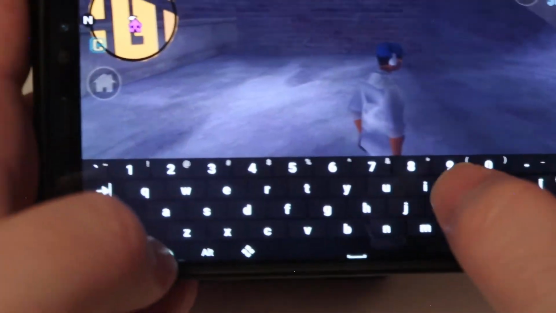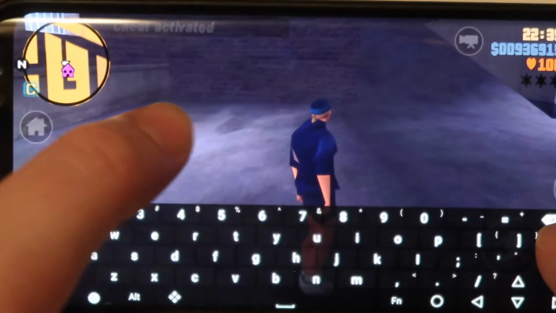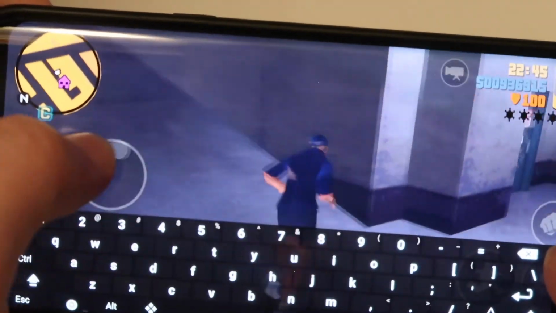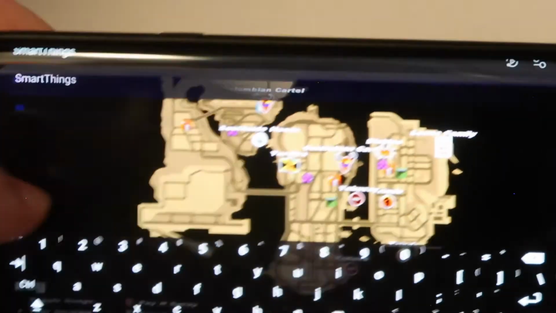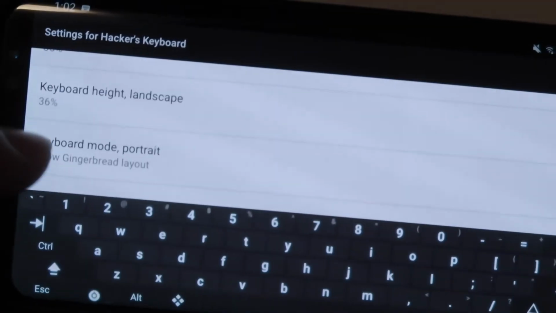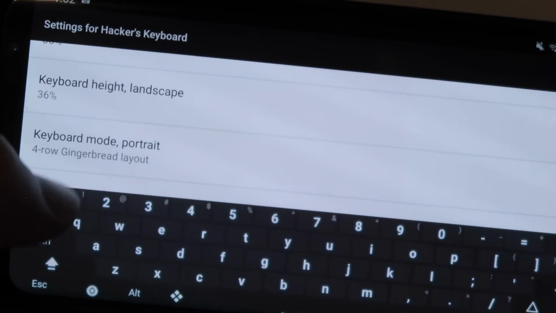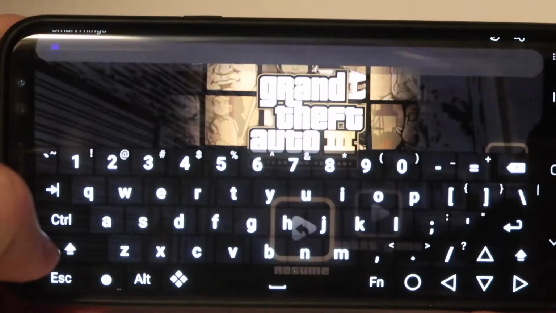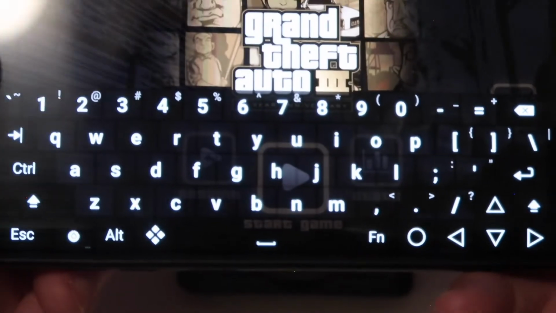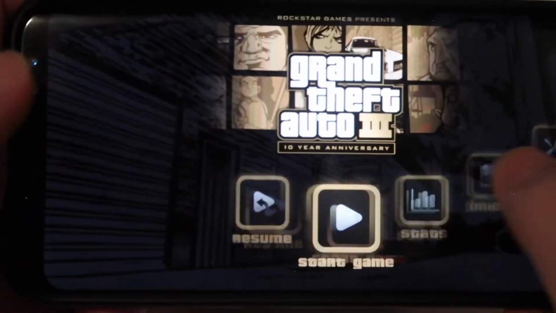So let's do it again. Now, this keyboard is clearly a little too small for my hands, so I'm going to go back to the settings and put it back to what it was, because you can type in the pause menu as I told you. So I'll pull the keyboard down and let's enter "I like dressing up" again. So nothing popped up, but if we go back,